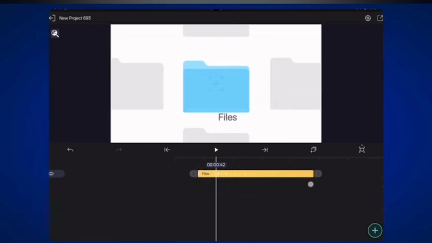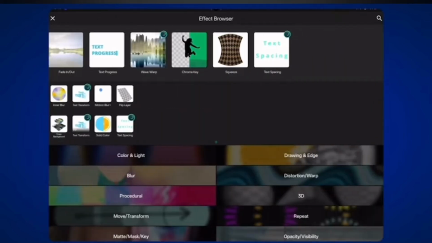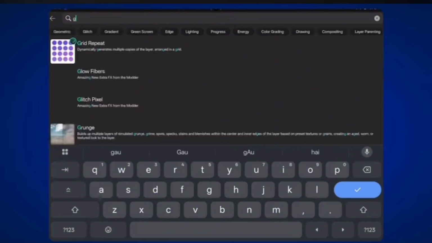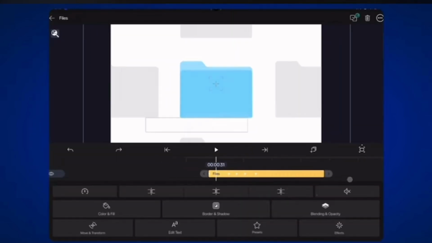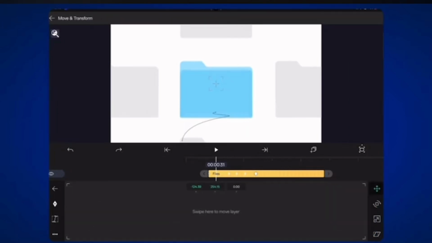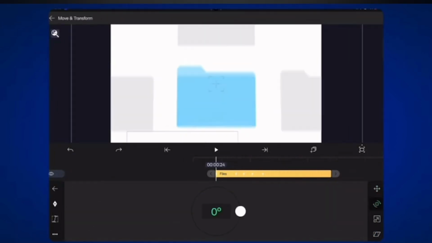Now you need to do the same thing on this text, but in a different way. For this, you need to add a gusher inside it. Now after doing this, I'm thinking of adding a little more animation to this text. So what will I do? Go into Move and Transform, then into Rotate. Then I'll add